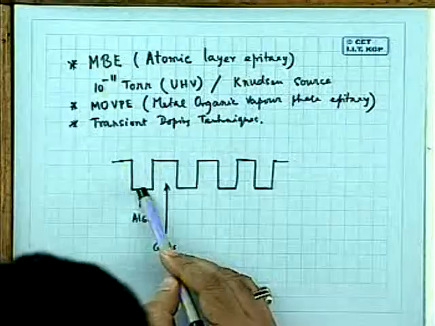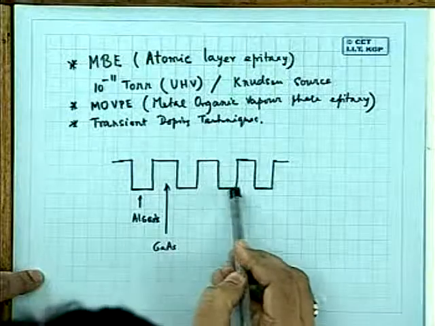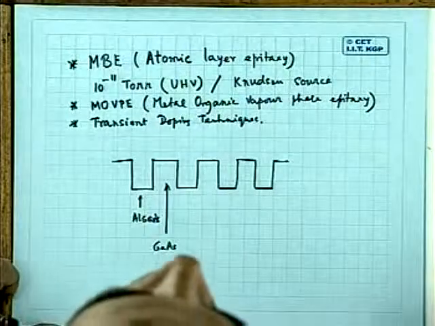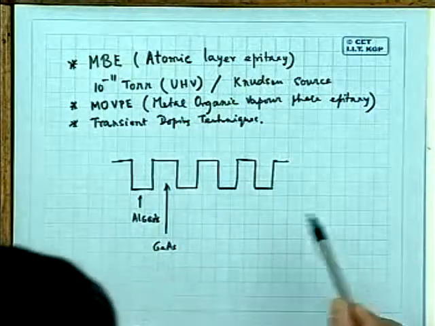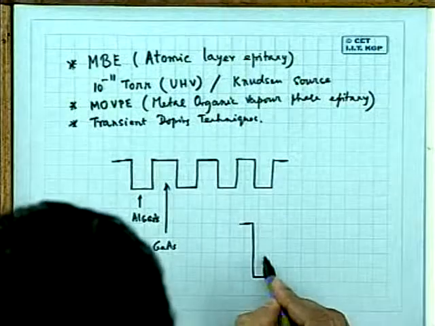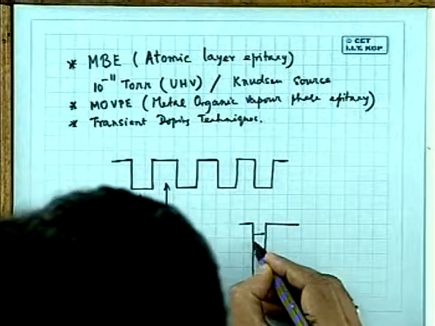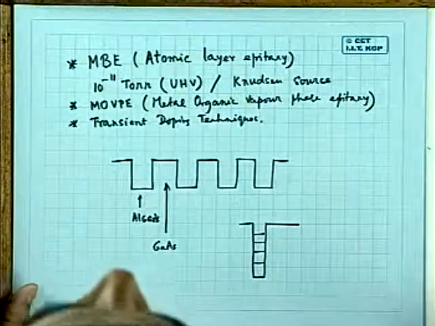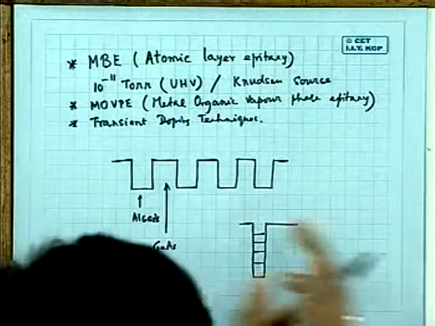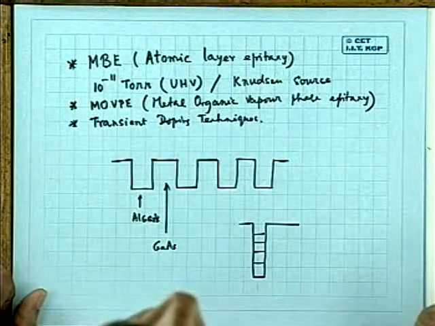epitaxially. So as a result, where there is the wider band gap, so far as the conduction band or the valence band is concerned, there will be a discontinuity. So if I consider electrons, there will be quantum potential wells looking like this. If there is a single potential well made by the epitaxial technique, then as you remember, there will be discretized levels like this. But when you have multiple quantum wells,